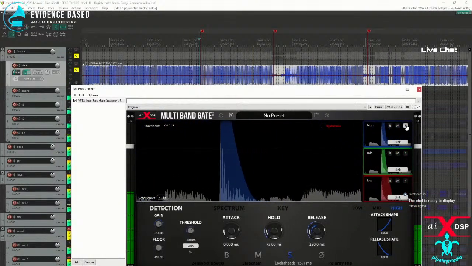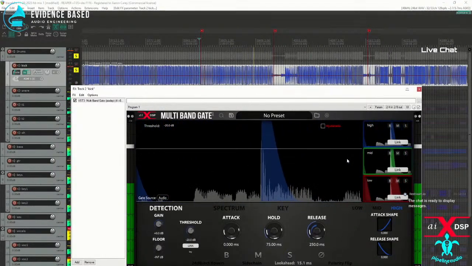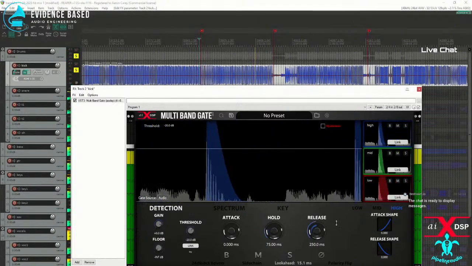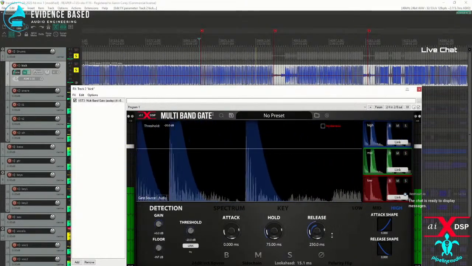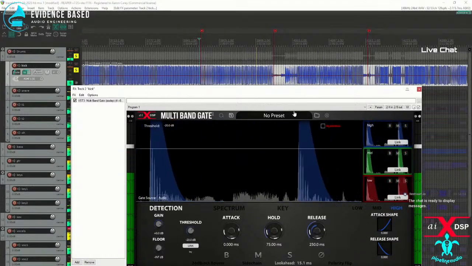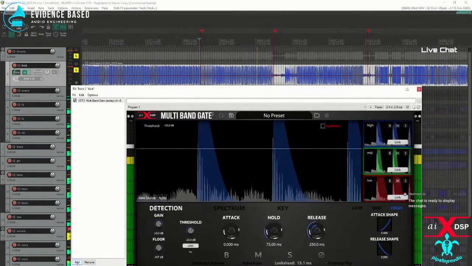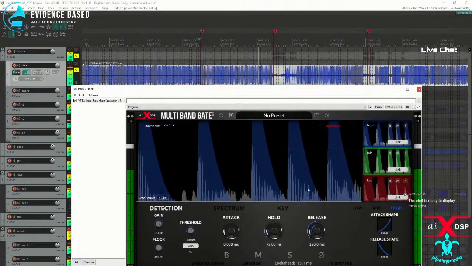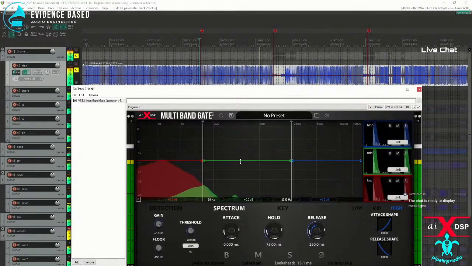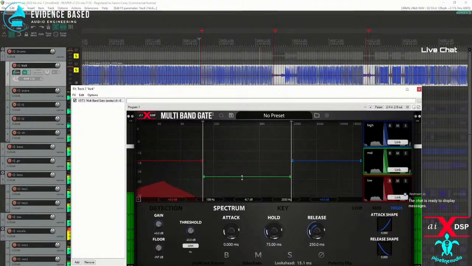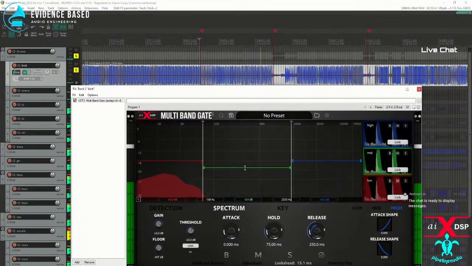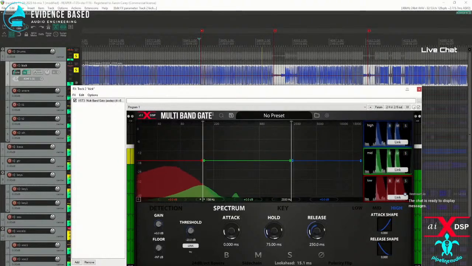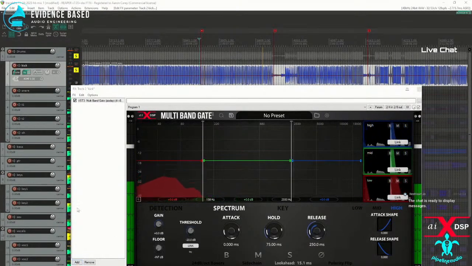So let me take it out of solo. Let's play the whole thing. Now, this is a reggae kick. I could make a metal kick out of this, no problem. Might want to add some subs later on. I don't know. Might want to take the mids down. Maybe. Like you could just, on multi-band gate, you could just grab it like this. That kind of makes it a little bit more metal. I don't know if it fits for this kind of band, so we'll deal with that in a second. But just in case I really want this,